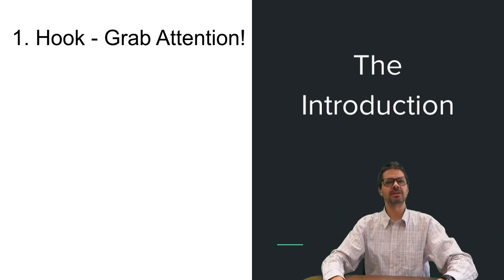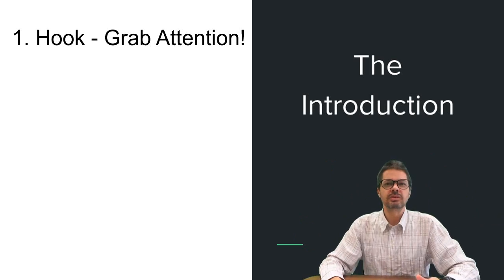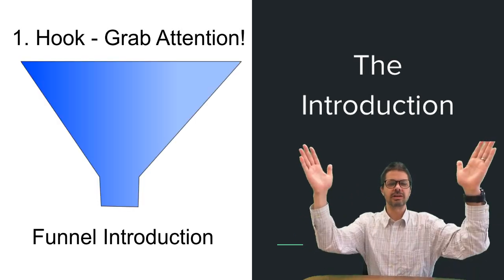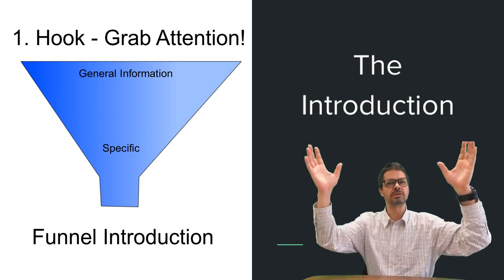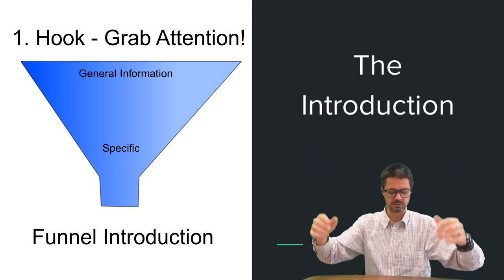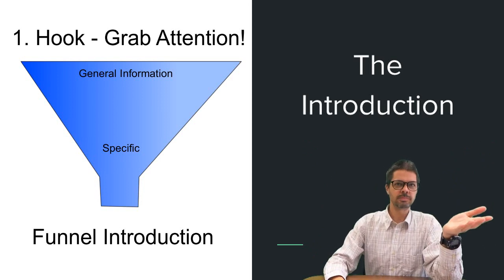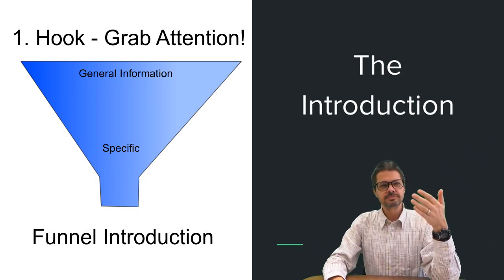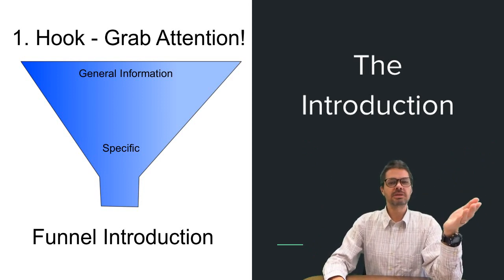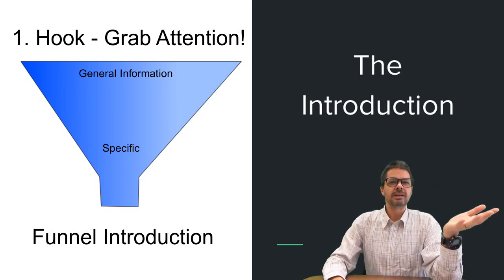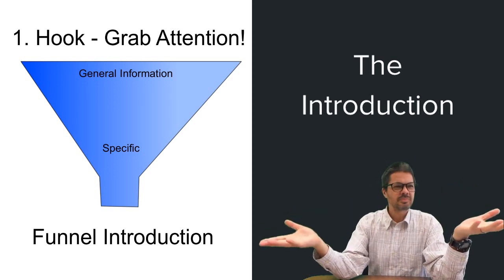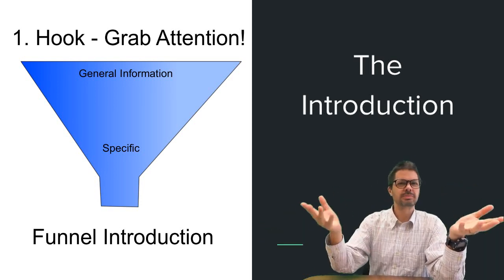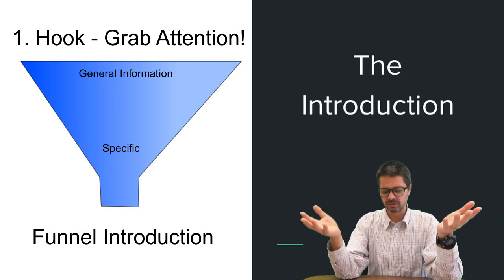Now, in the middle part of the introduction, we like to use what's called the funnel introduction. It starts out broad and works its way down. So from the hook, we're talking about someone who has lost a sense, right? That could be anyone. In the middle part, we can say, this can be seen particularly that blind people can read Braille with their fingertips. But if I touch Braille with my fingertip, I can't feel anything. There's no way I could do it.